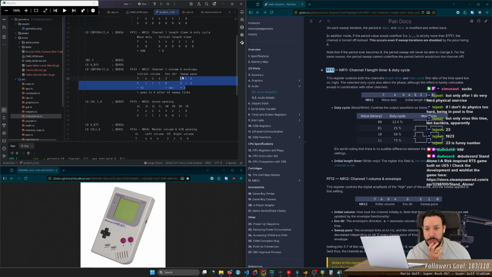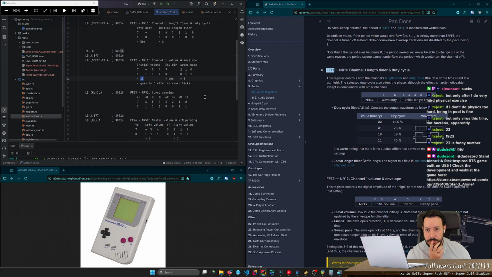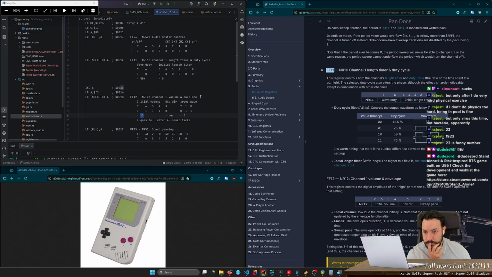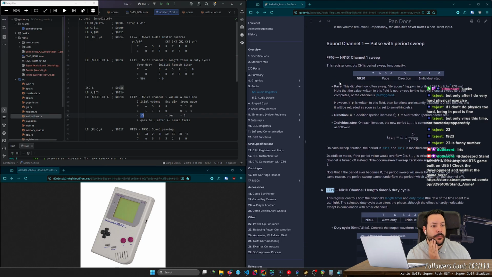I mean, it's not this sweep, because this sweep is attached to the volume. Yeah, I actually thought we would do something here with the period sweep, but apparently not.